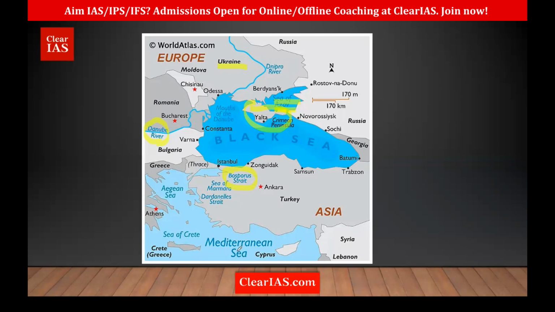So one more thing you must remember is, it is not actually directly connected to Mediterranean Sea. Rather, this part is the Sea of Marmara. Black Sea is connected to Sea of Marmara. Then we have the Aegean Sea. On one side we have Greece, another side we have Turkey. And then we have the Mediterranean Sea. So Black Sea, Bosphorus Strait, Sea of Marmara, Aegean Sea, and Mediterranean Sea. But if there's a question that Black Sea is connected to Mediterranean Sea through Bosphorus Strait, that is actually correct. Clear?